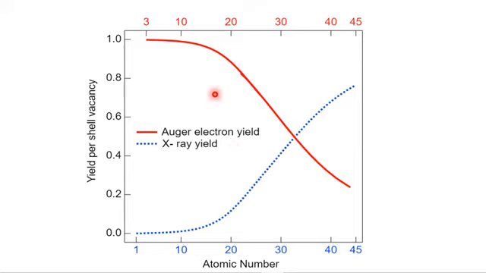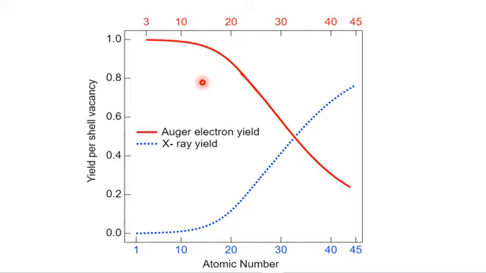Now, if an element has a higher number of shells like L, M, N, O, P, etc., then if the characteristic X-rays emitted during the transition interact with an M shell electron or with an L shell electron, then that electron will be ejected as an